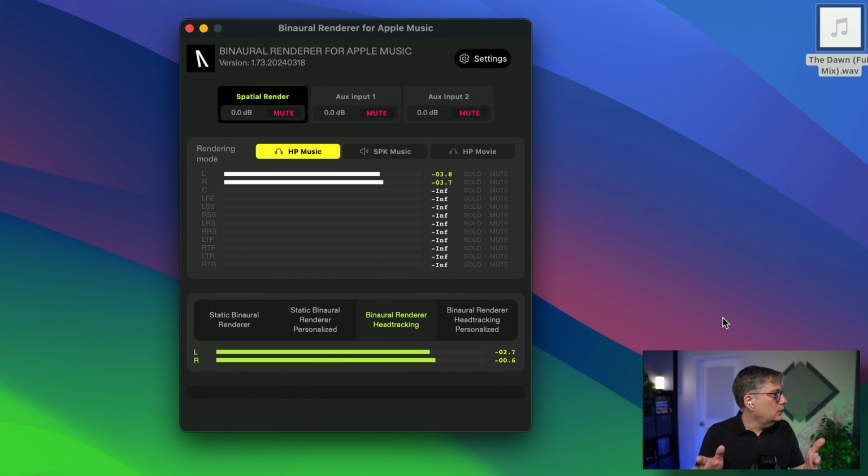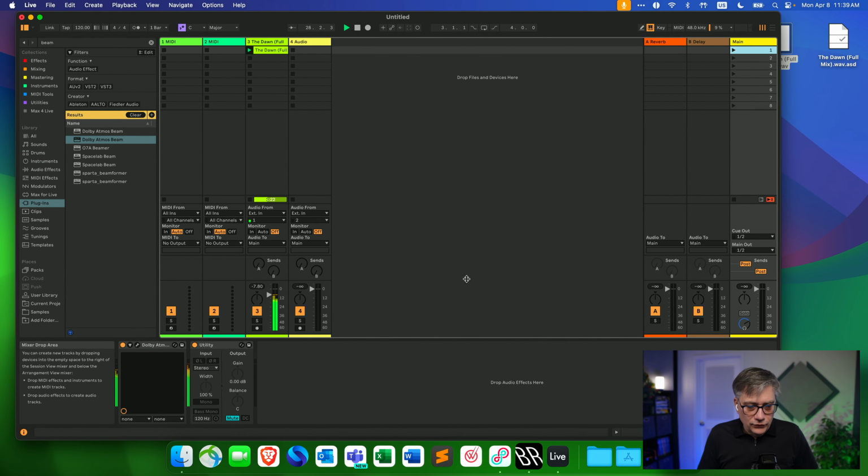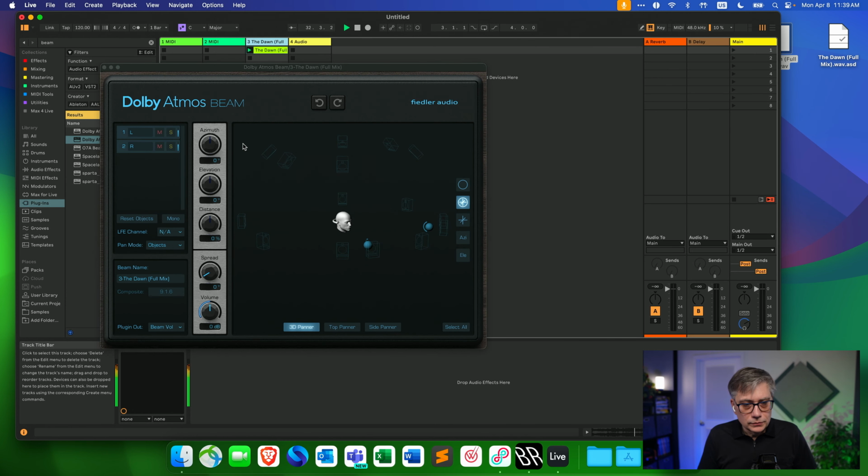I have the audio on the right side. On the left side. And let's maybe do the same thing that we also did for Studio One. Let's go into the Beam plugin here, and let's turn it over to mono.